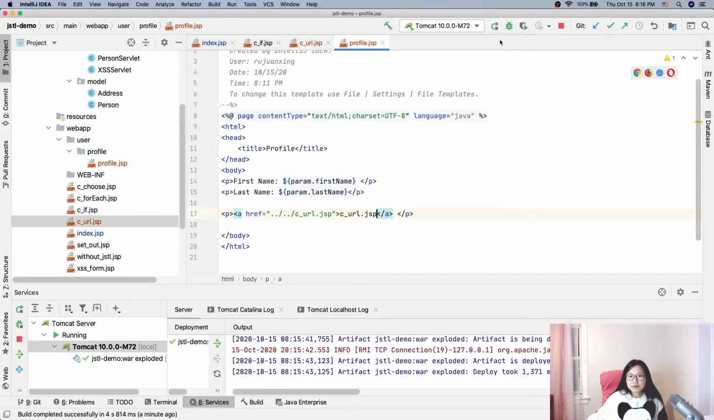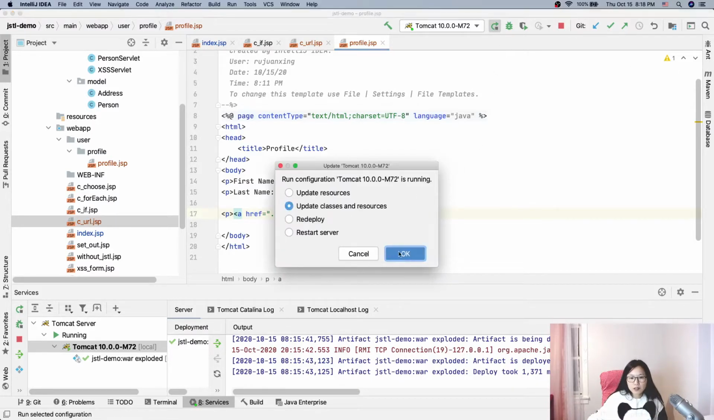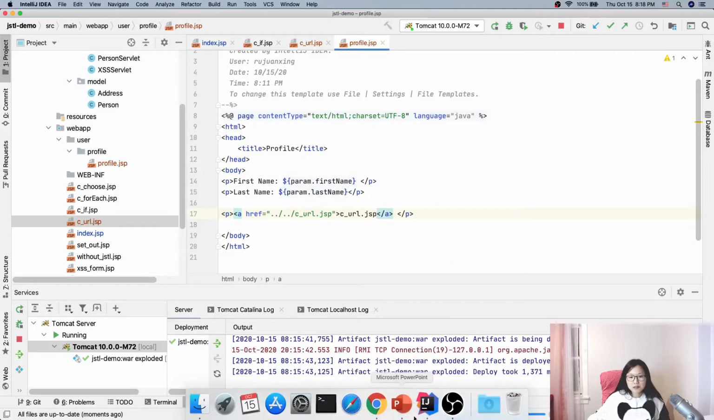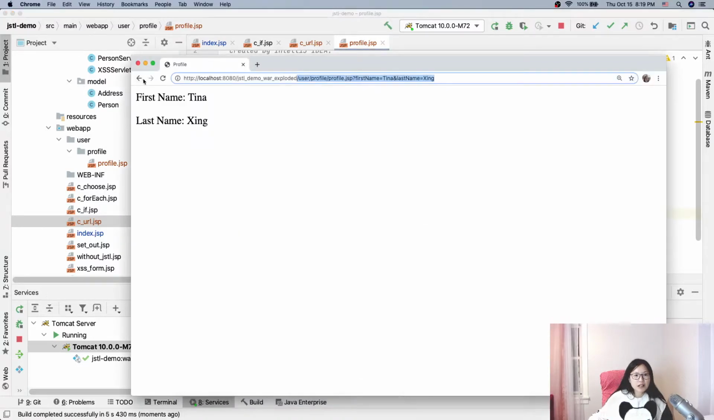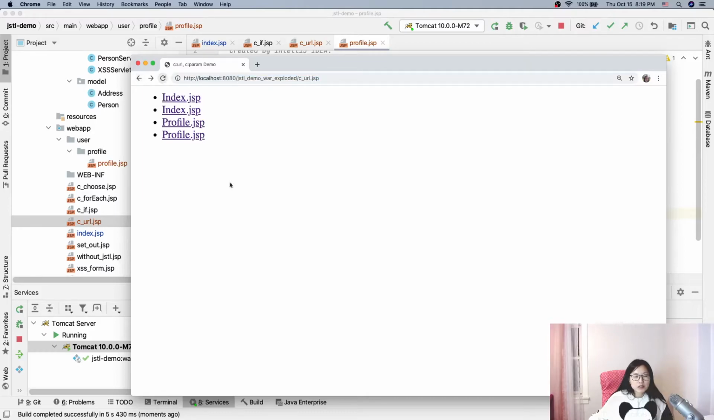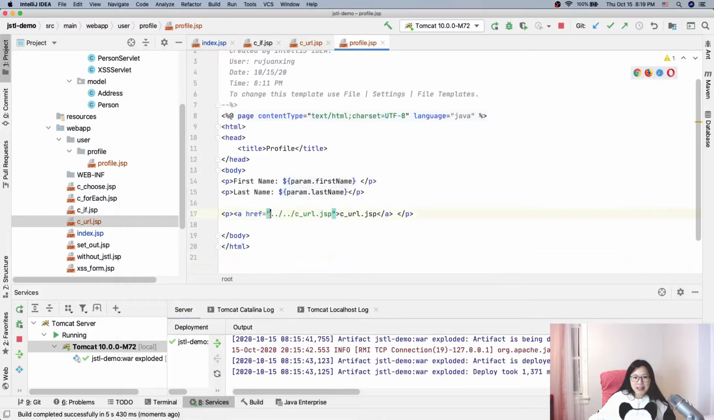Okay. Update. Okay. And now let's go here and go to the profile. And when you click this link, it will go back, which works. But do you like this style? Do you like it? Suppose we have more nested folders, we have to continue using